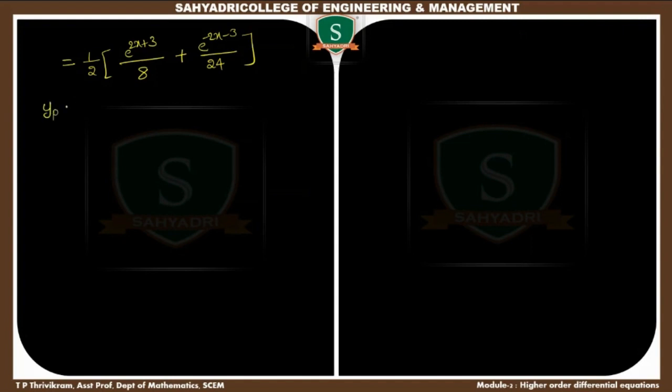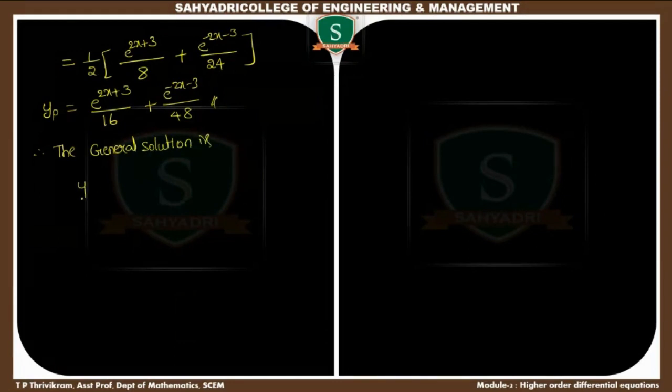So therefore yp is equal to e power 2x plus 3 divided by 16, e power minus 2x minus 3 divided by 48. So therefore the general solution is y is equal to yc plus yp. So this is nothing but c1 e power x plus c2 cos 2x